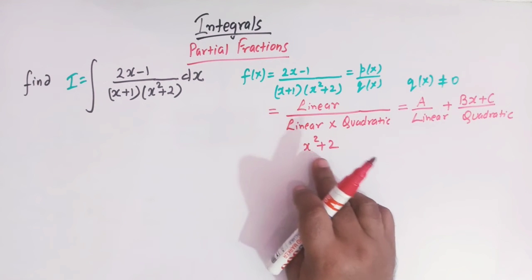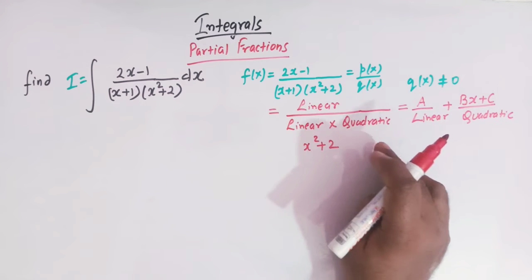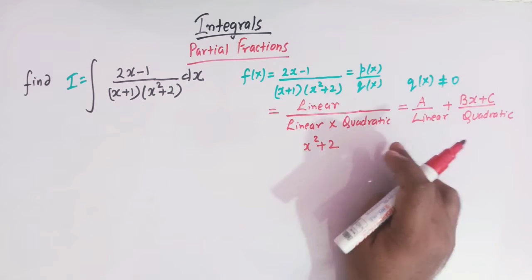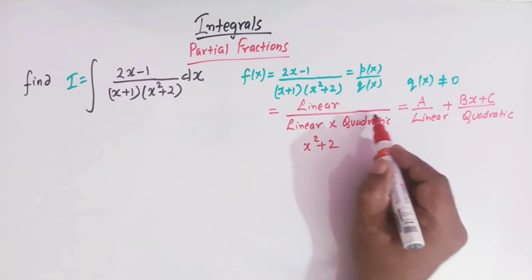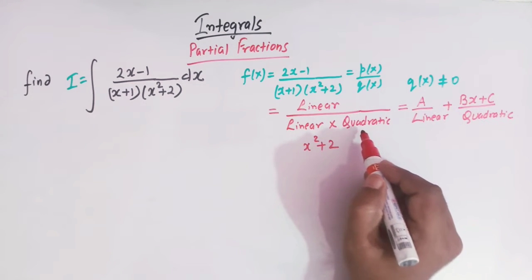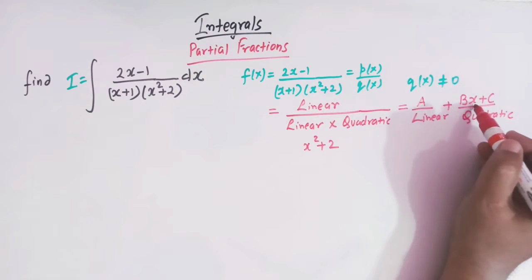Because x square plus 2 cannot be written as a product of two linear factors, this is not factorizable. Hence, when we have a quadratic polynomial in the denominator, we always have a term like Bx plus C